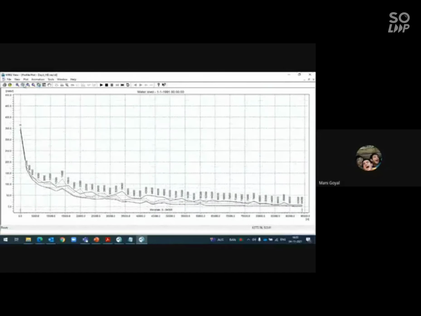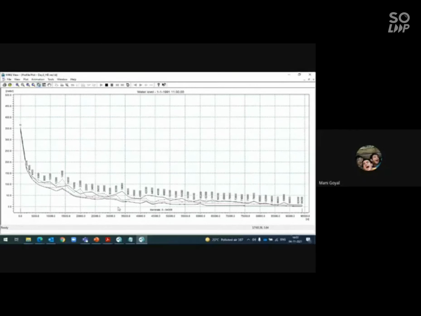I'll go back. Zoom out. If I can run the animation, we will see some water in the month of July, because there will be some rainfall in July and a higher discharge.